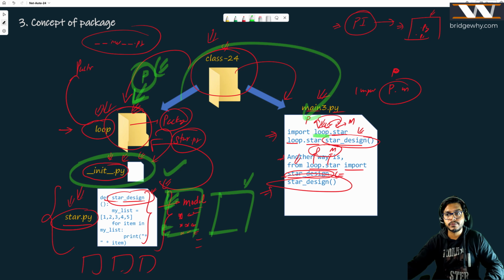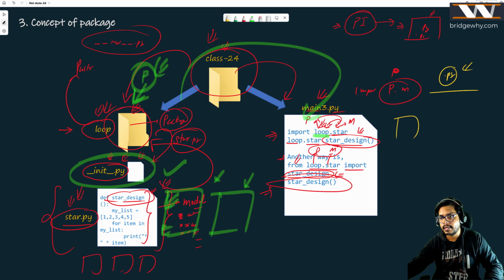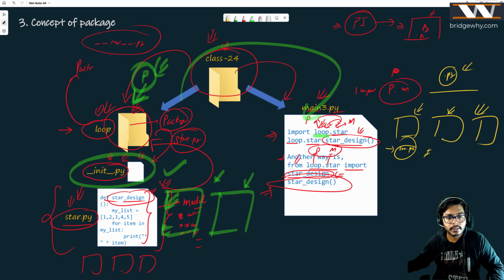But the whole sole point is why we have done all these tricks. We had so many .py files, meaning modules. If you want to arrange them, then arrange them into different folders, and these folders will become packages if you have an __init__.py file in them. As simple as that. Now, it is a good time to test this